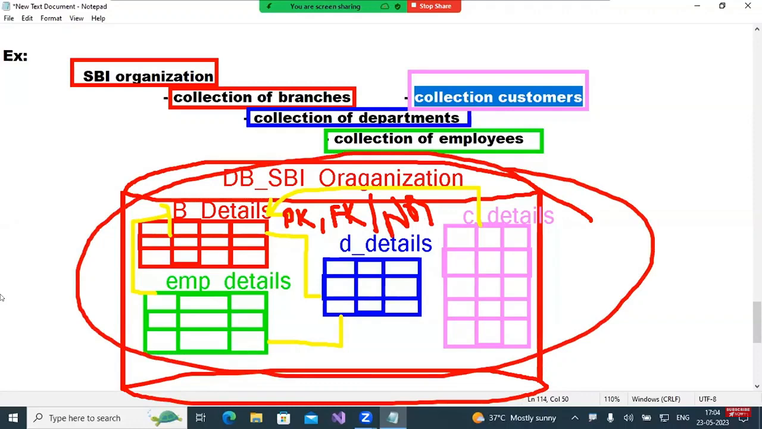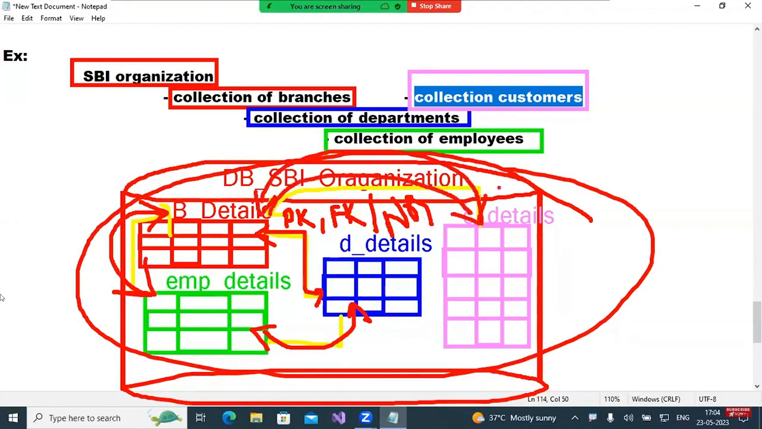So that means the branch has a relationship with the EMP table. The EMP table has a relationship with the branch. Employees have a relation with the departments. Departments have a relation with the employees. Branches have a relation with the department. Departments have a relation with the branches. Customers have a relation with the branch. Branches have customer relations. So all are together in the relational model only. So this is what we call